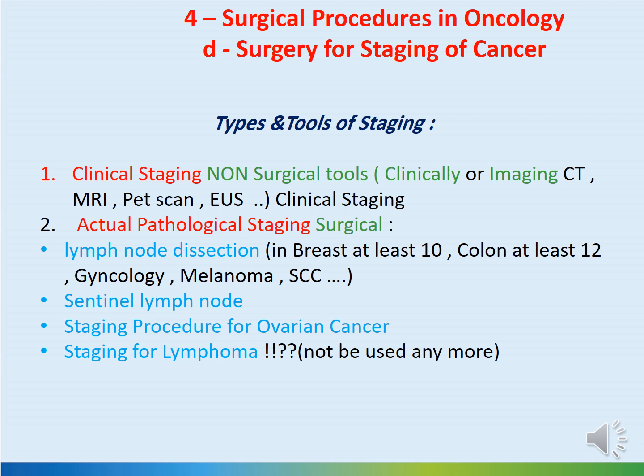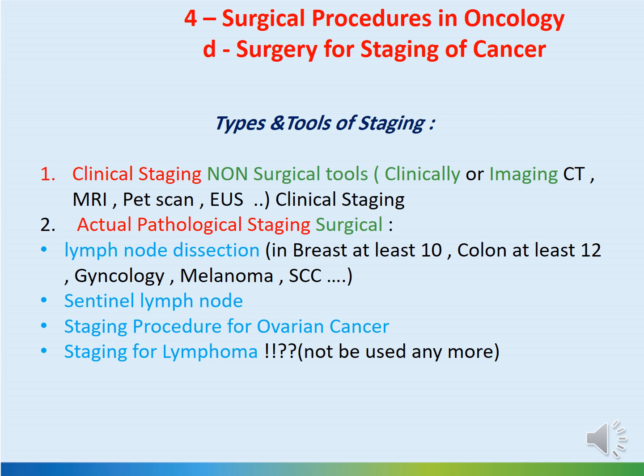For example, in mastectomy, when we do lymph node dissection or sentinel lymph node biopsy, the aim of removing these lymph nodes is not just to clear the lymph nodes. Yes, we have some benefit when we remove the lymph nodes in breast cancer; we have some benefit in removing cancer cells or getting the cure. But the main aim of lymph node dissection and sentinel lymph node biopsy is actually to determine the correct pathological staging, to know really if the cancer has already spread to the lymph nodes or not.